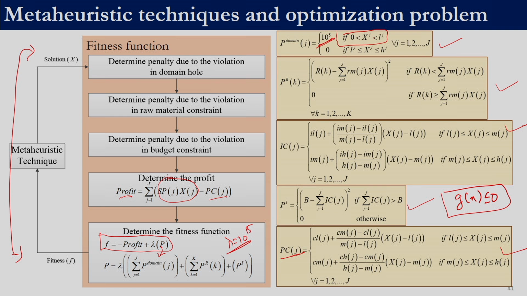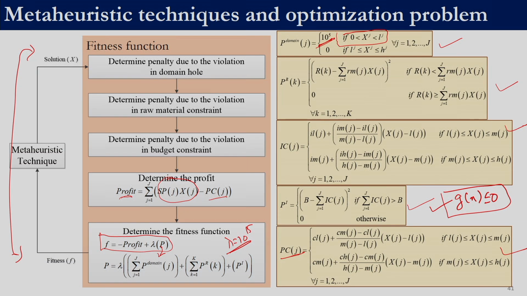That is the power of metaheuristic techniques. If we are not able to pose the problem in the conventional format, minimize f(x) subject to g(x) less than or equal to 0, h(x) equal to 0, and x within lower and upper bounds, even then we can use metaheuristic techniques. Why are we able to use them even in those cases? In metaheuristic techniques, all that we require from the problem is the lower bounds, the upper bounds and a way to calculate the fitness function value. So, given a solution, what is the fitness function value? That is all that is required for metaheuristic techniques.